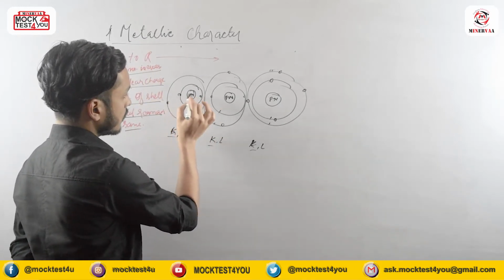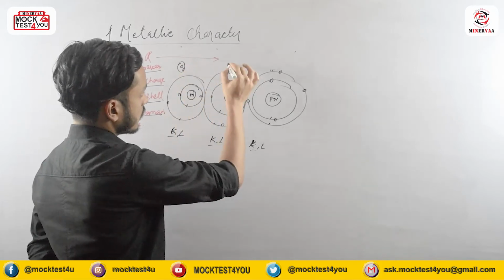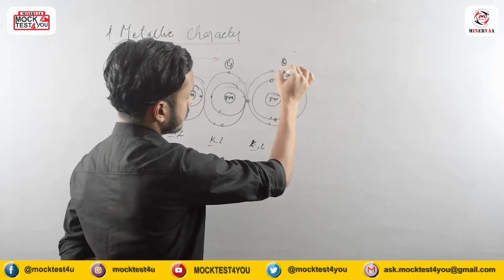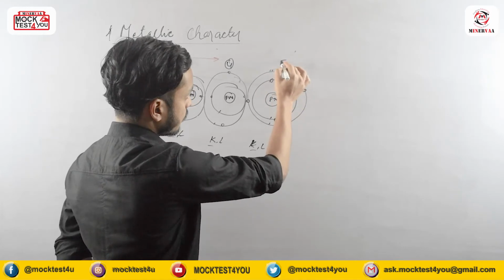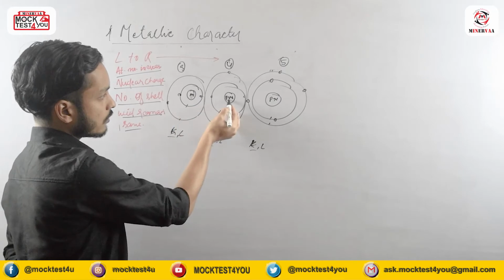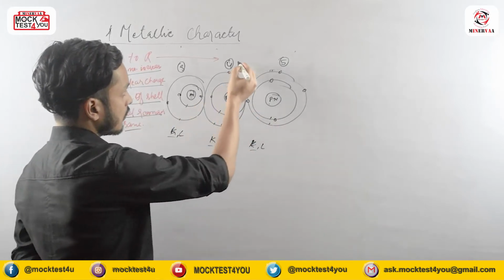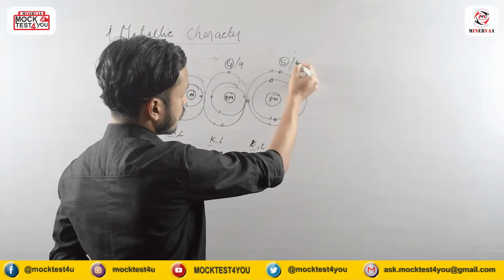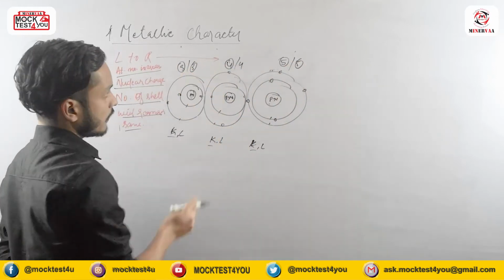But the number of electrons, in the first case it was 3, in the second case it has become 4, in the third case it has become 5. So the number of electrons is increasing. Why? Because the number of protons is also increasing here. In this case the number of protons will be 4, in this case 5, and in this case 3. So since